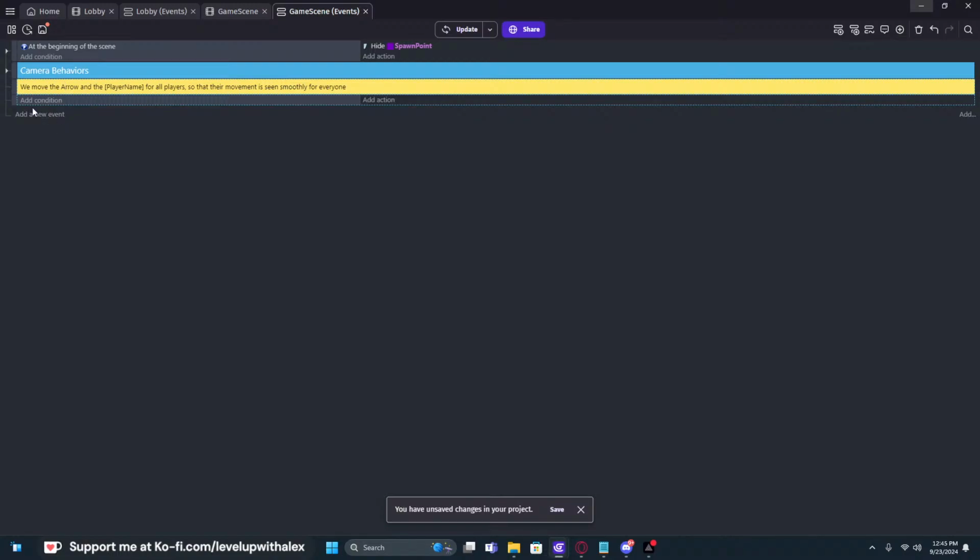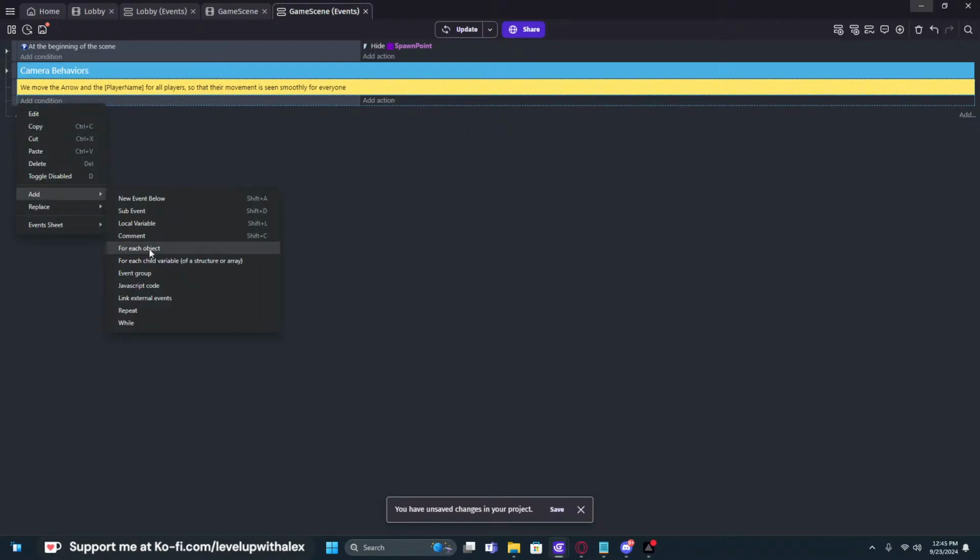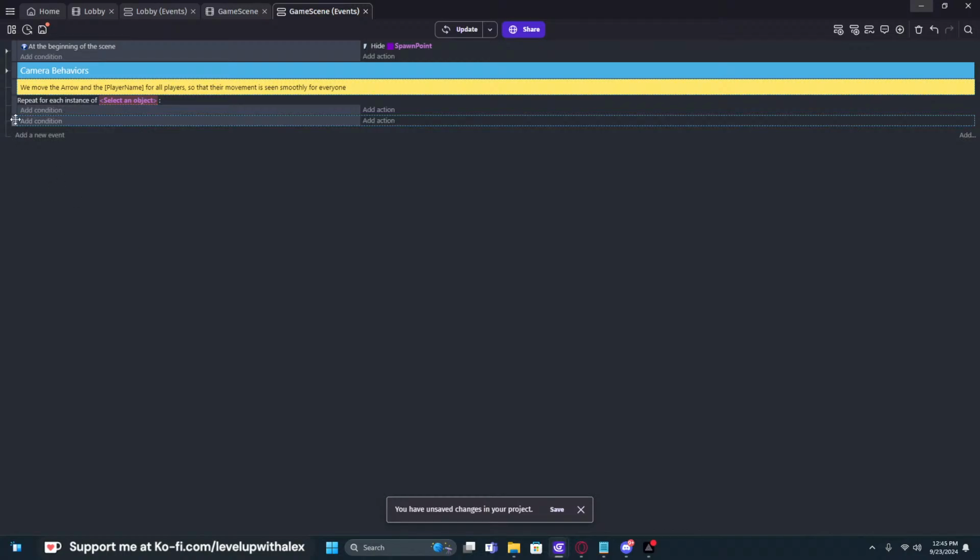And because we're checking multiple objects, instance objects, and we're using expressions, if we want to target more than one of them, and we want them to independently run all this data, we must ask it to run for each instance. So for each instance of this object, and the object currently is the player object,